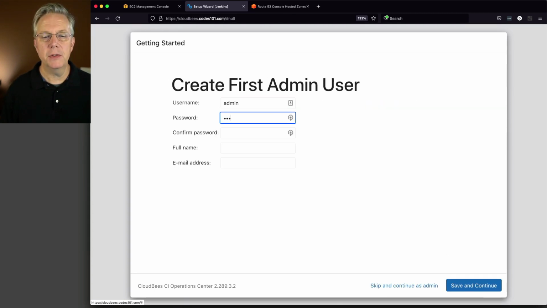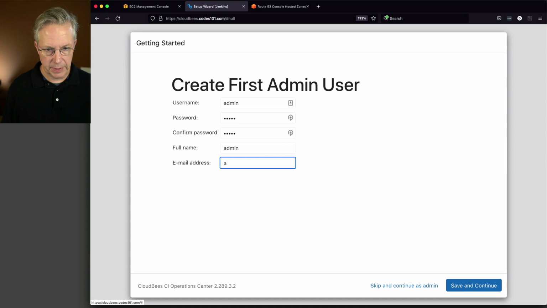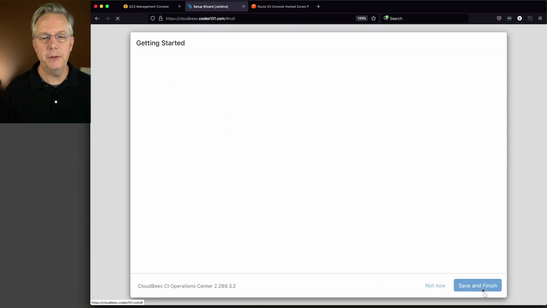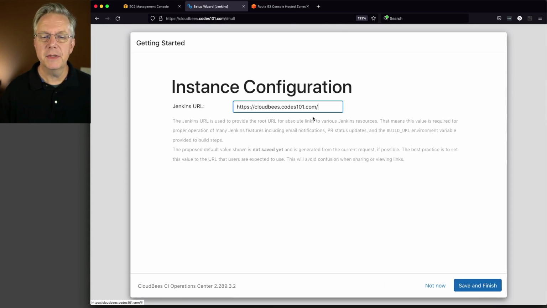I'm going to create my user. Admin, admin, admin, admin. Yes, it's not secure. Yes, it will be gone by the time you see this. Save and continue. Now notice this. This instance configuration for the URL is https://cloudbees.codes101.com. This is what I want my Jenkins URL to be for the Operations Center. Said differently, anytime I type in the base domain, I want to go straight to the Operations Center. We'll see in a few moments how we want to access our client controllers. Let's click on Save and Finish,